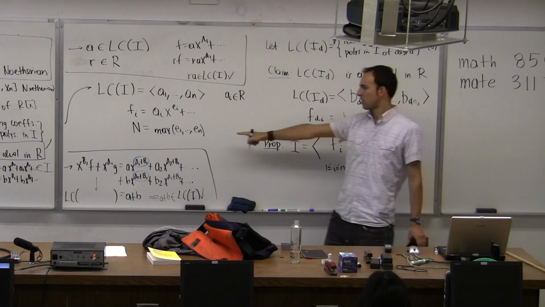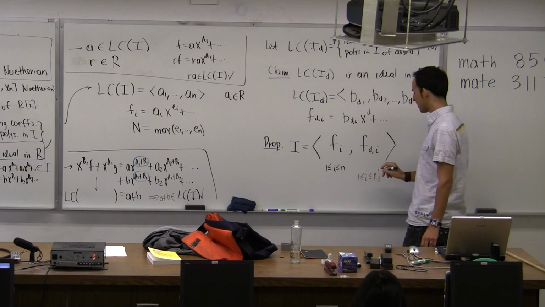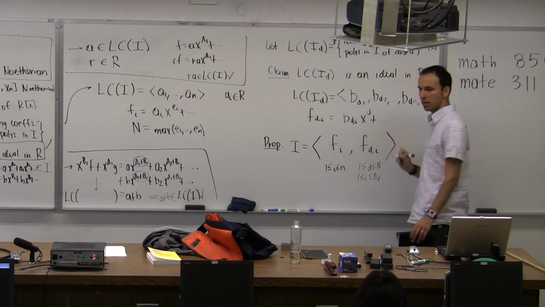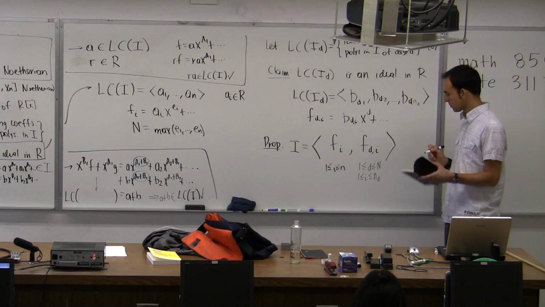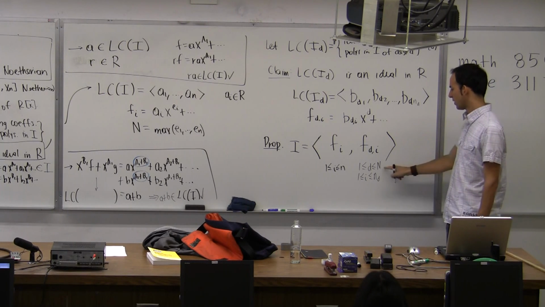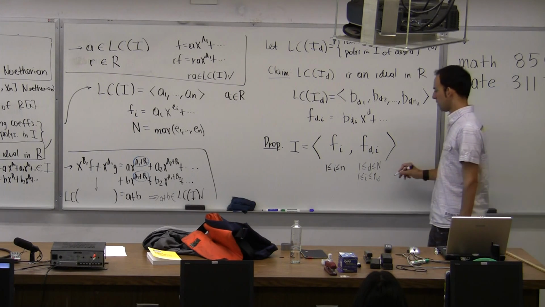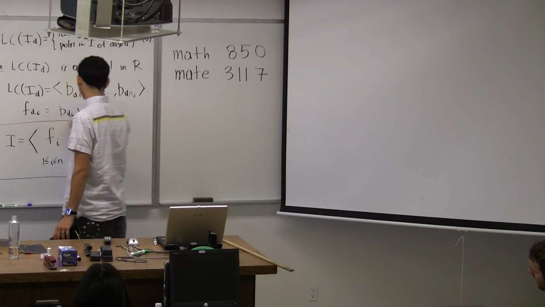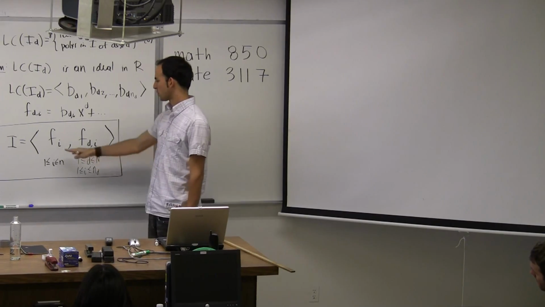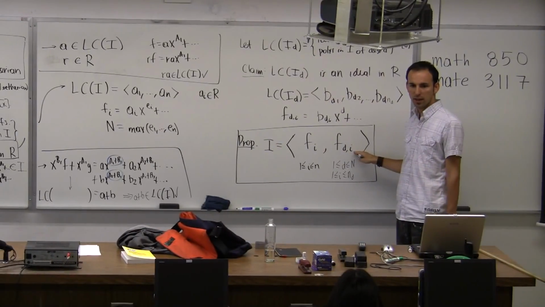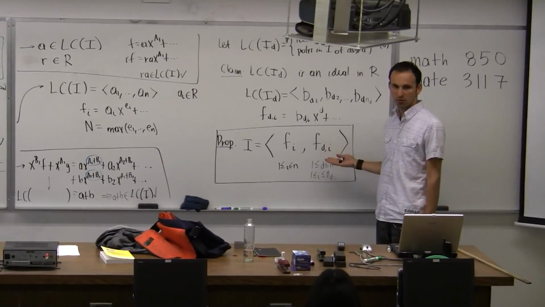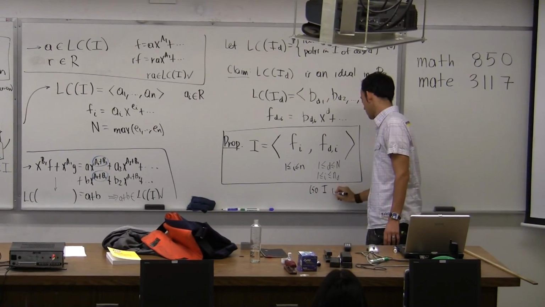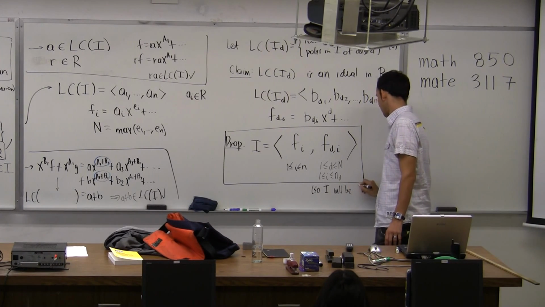But that's why I defined this number n, because what I claim is that it's enough to do this for d between 1 and n. If I do this, then I will have produced my finite list of generators for my ideal I. So this will do it. This will show I will be finitely